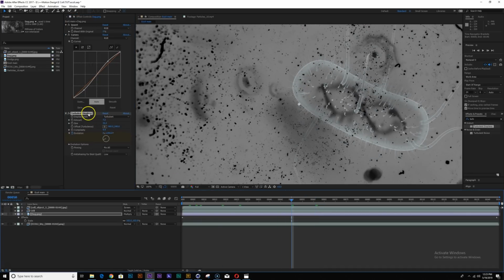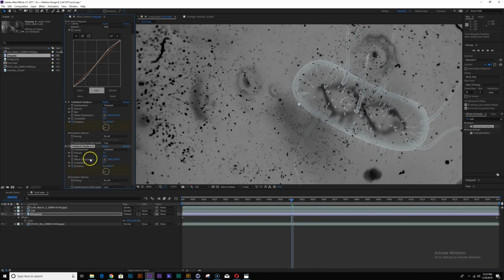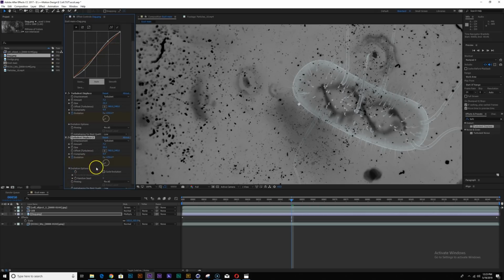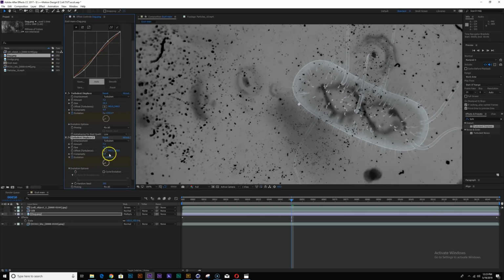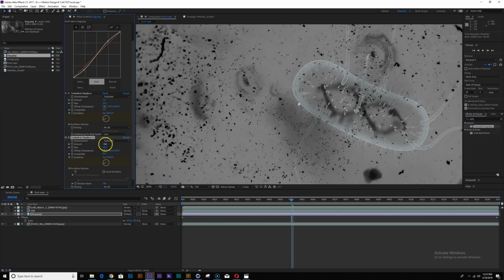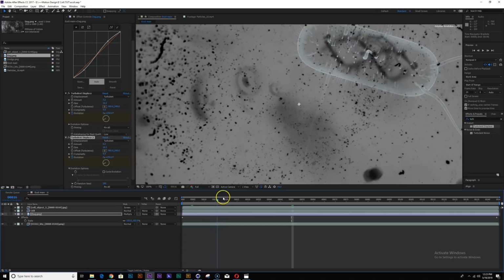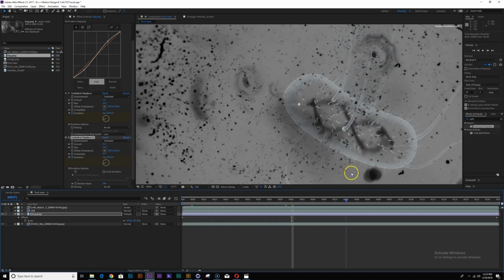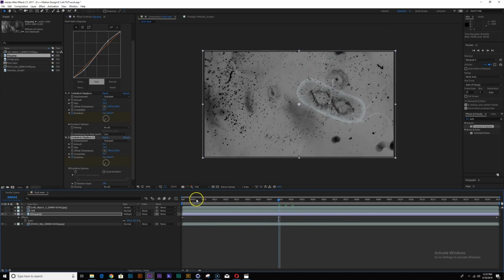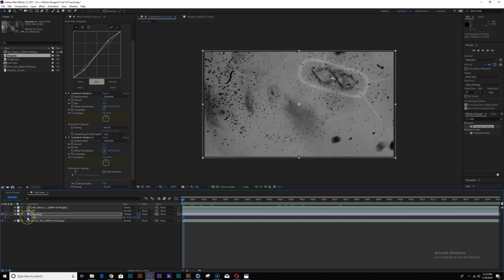Oftentimes I will duplicate this effect, change the random seed, and play with the numbers again, maybe make the size a little smaller. So you have this little floaty thing going on in the back. Another thing you can do is keyframe the scale as well, so a little subtle scale action here.